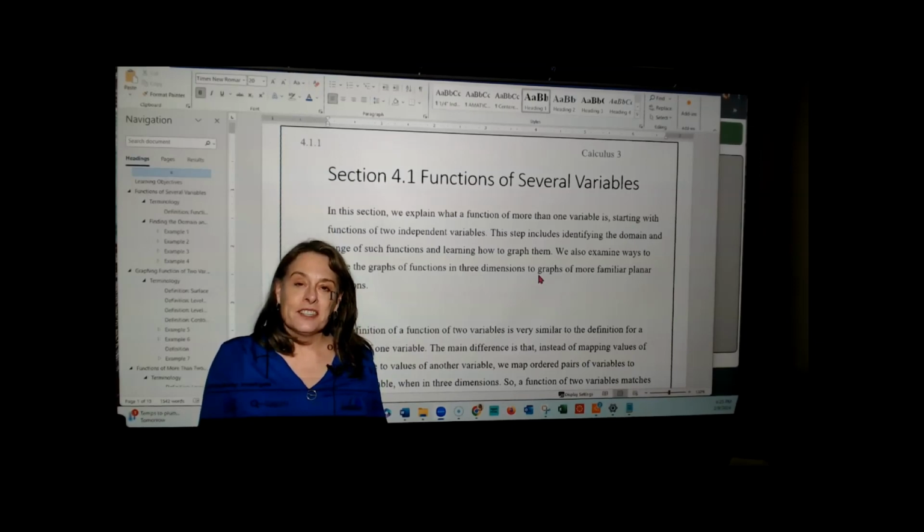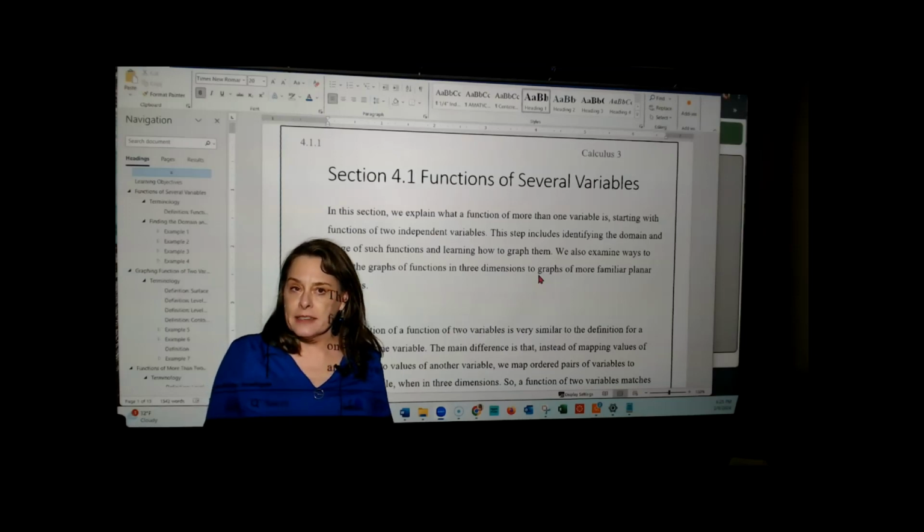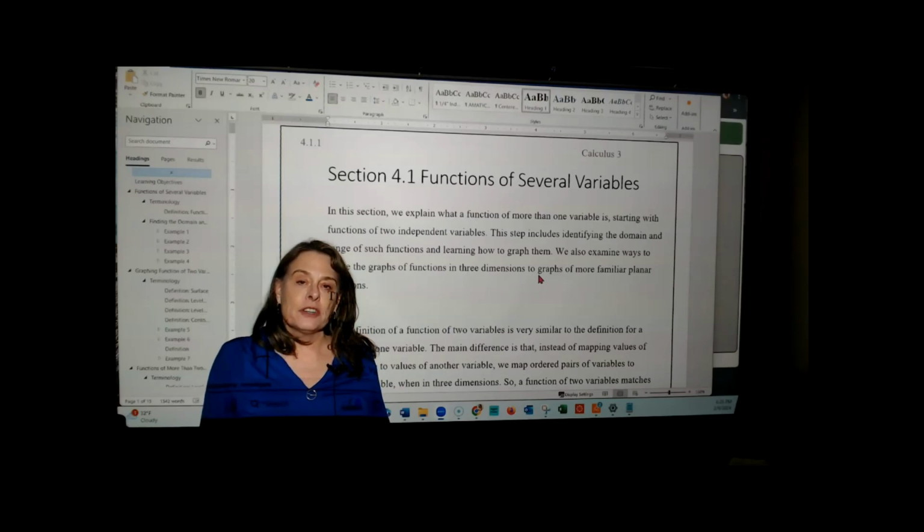We're now ready to start chapter 4. In chapters 4 and 5, we're going to be dealing with the same kinds of functions. We're going to be dealing with functions of several independent variables. Now, this could be a function z equal to a function of x and y, or it could be a